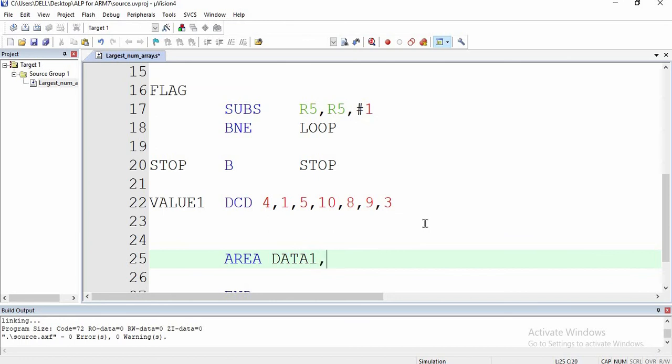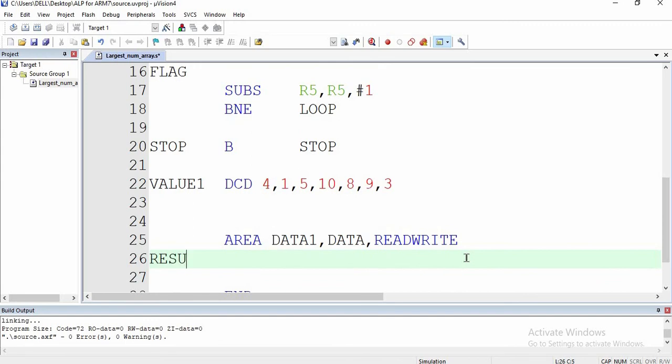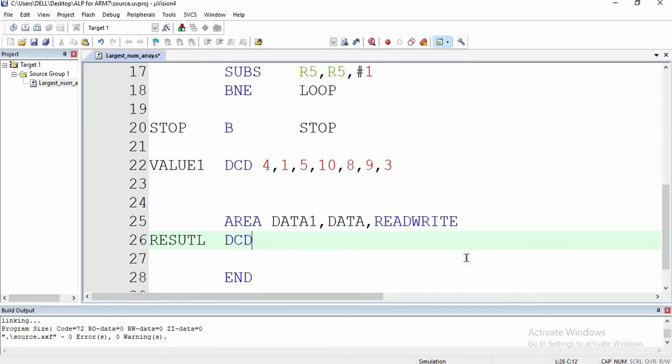This is a data area and it is read write. Here I am going to declare a variable called result. I will store 0 in this result variable. So we have assigned a memory for the result variable.